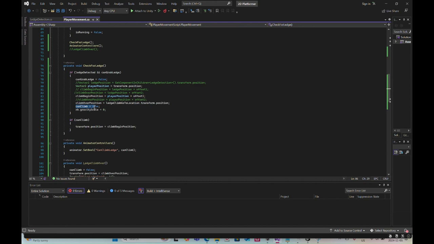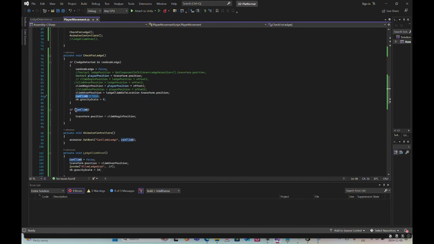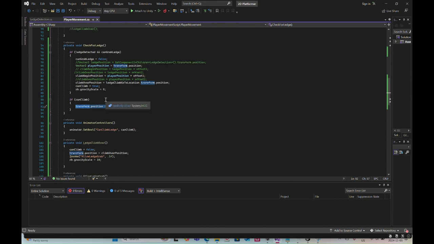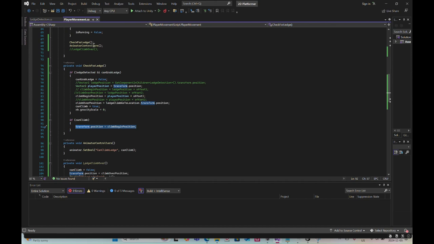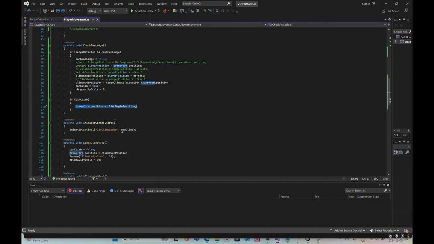You've got to set all this stuff. Can climb is true, and when climb is true, that's when it goes to the initial position. I also added a gravity scale to set it to 0. The beautiful thing about this animator controllers method, which is constantly firing, is instead of putting true or false at the animator set bool, it's constantly checking